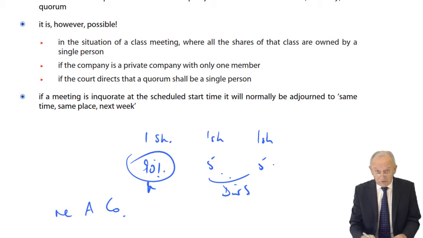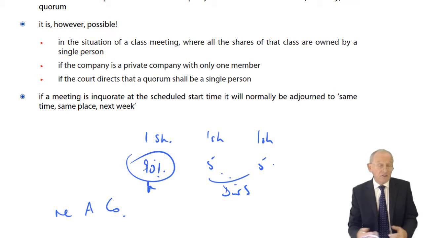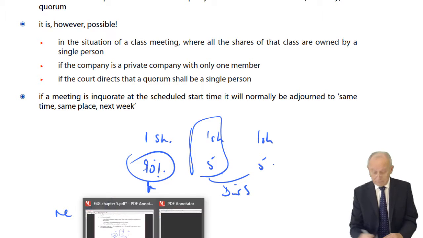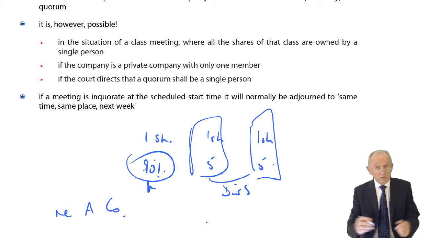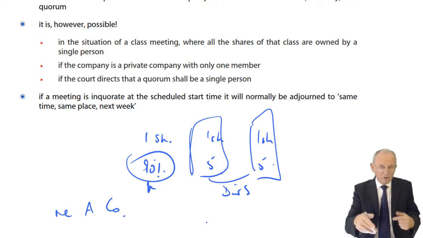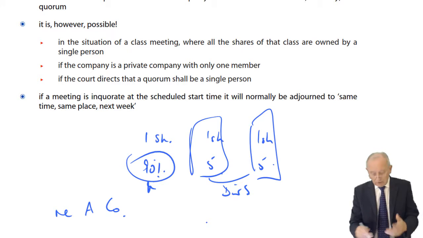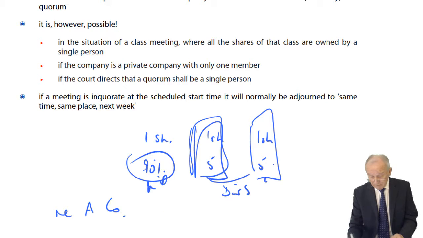So he goes to court and he says, will you make them put this on the agenda? So they do. They call another general meeting. And there it is on the agenda, to discuss and if thought fit to remove him. Remember, it only needs a simple majority, one more vote in favour than votes against. And of course, when we're voting on this one, it's 90 in favour of removal and 5 against. Or it would be 10 against actually, wouldn't it?